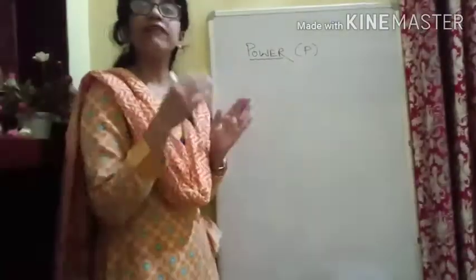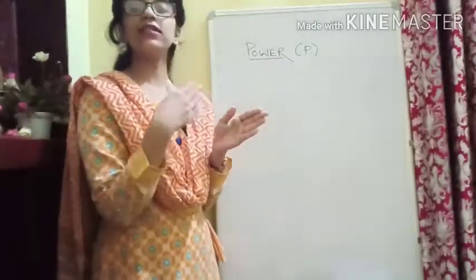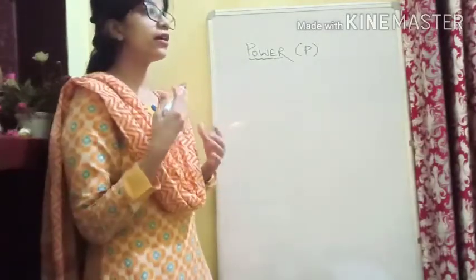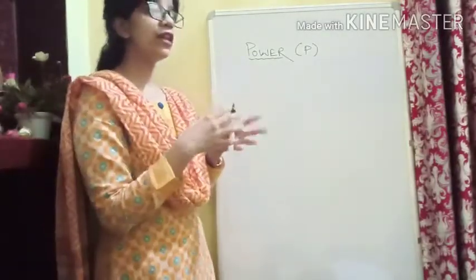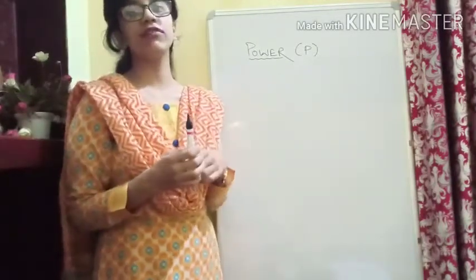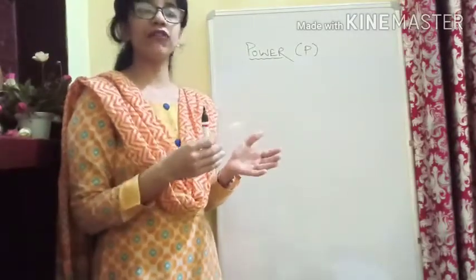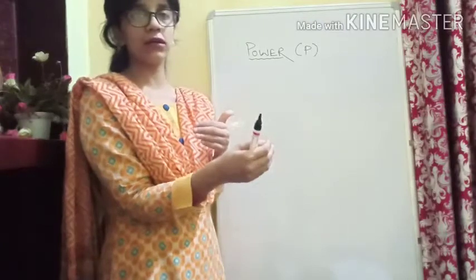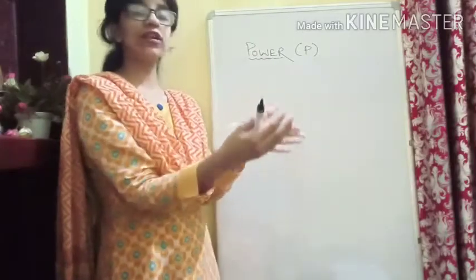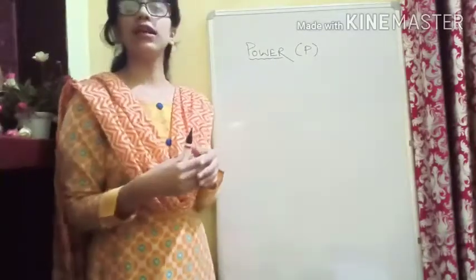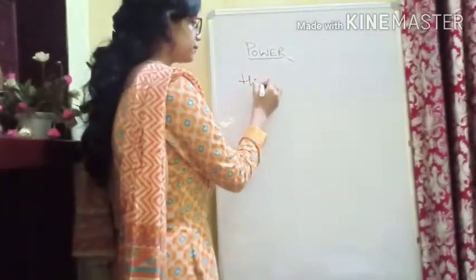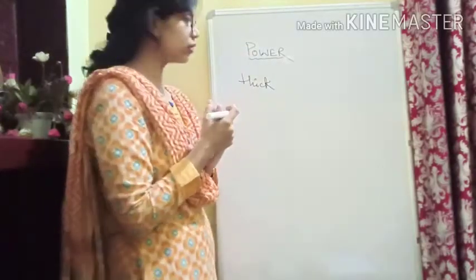Next topic is power. When the beam of light is passing through a lens, it gets deviated, and the deviation produced in the beam of light depends upon the power. If the lens has more power, it will deviate more. If the lens has less power, then it will deviate less, and that's how we define the power of a lens. If it can deviate the beam of light passing through it more, it will have more power. If the beam of light passing through a lens deviates less, that means the lens will have less power. So it's simple.